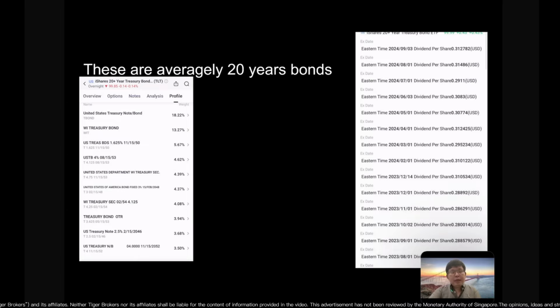So what is inside TLT? It holds treasury bonds, some of them fixed for 20 years plus, so it's a mix of bonds. At that time, long-term bond prices were really whacked down a lot, because people thought the interest rate would keep rising, so a lot of people shifted from 20-year bonds to shorter ones, maybe 1 or 2 years, that give like 4% to 5%.